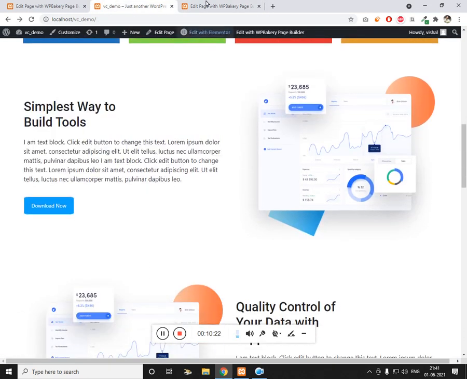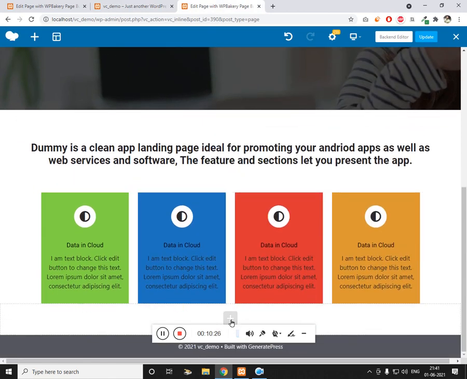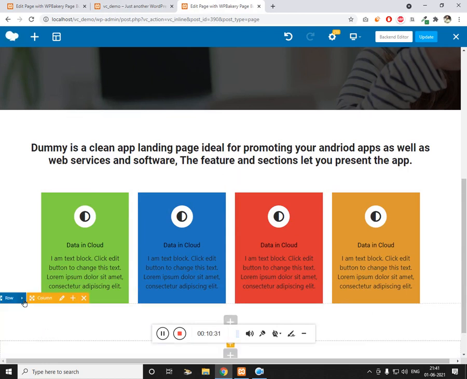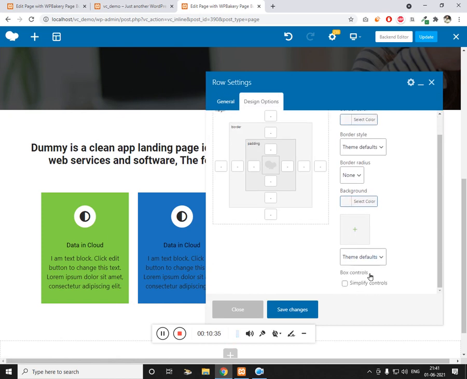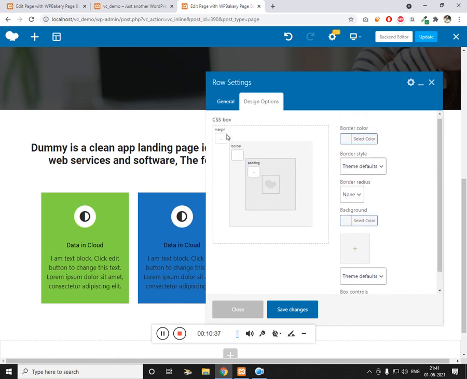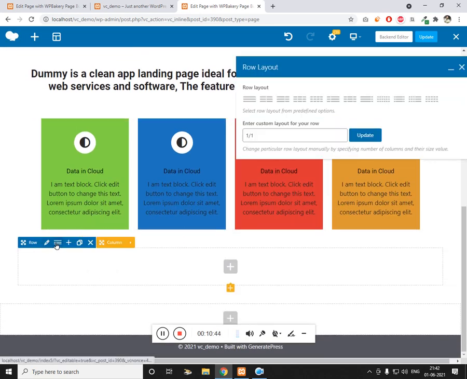Now this is going to be very similar. We need a row, and this row should have the margin on all sides. Let me make it 50 on all sides, 50. Click on save, and this row is going to have 2 columns,